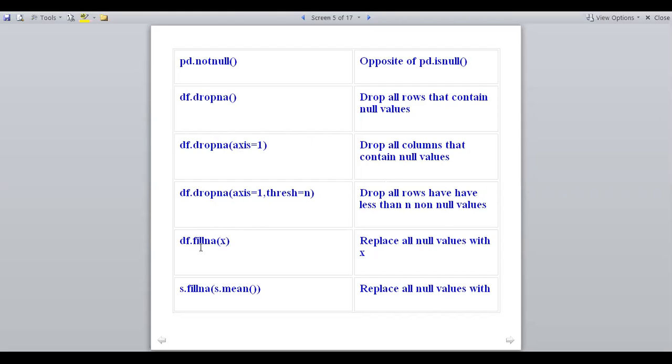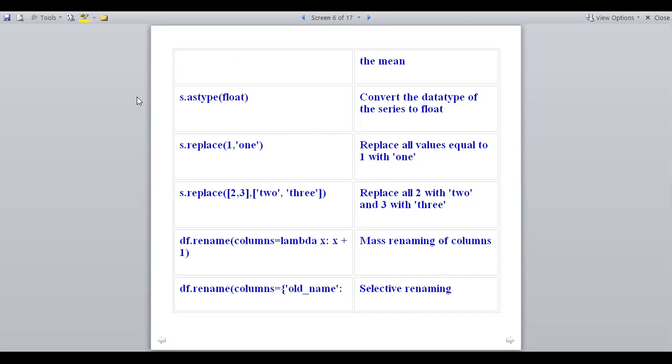So here df.fillna(x): what does it do? It will replace all the null values with x, the value which you have assigned. And df.fillna(df.mean()) means replace all the null values with the given mean.